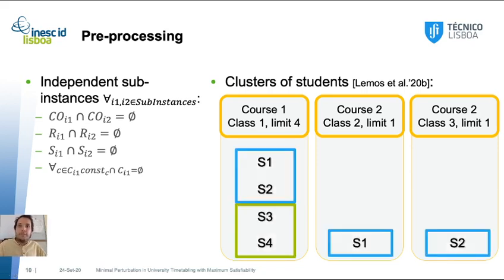However, this is not enough. The green cluster is fine, S3 and S4 have exactly the same curriculum plan. However, S1 and S2, even though they have exactly the same curriculum plan, this cluster is not enough, as class 2 has a limit of 1 and class 3 has a limit of 1. So a cluster of 2 will not be good for sectioning. We need to split them into a red and blue cluster. So we need 3 clusters to solve this small example.